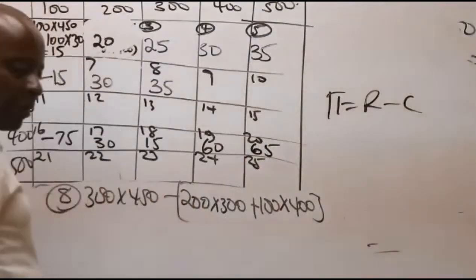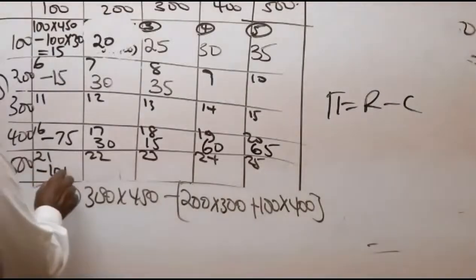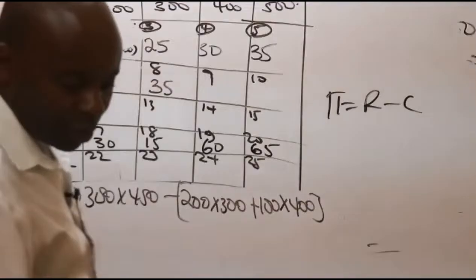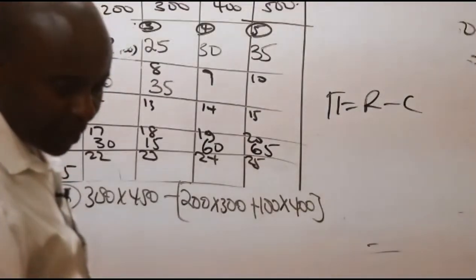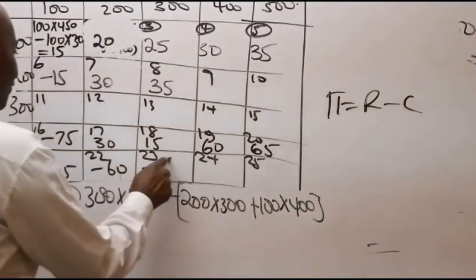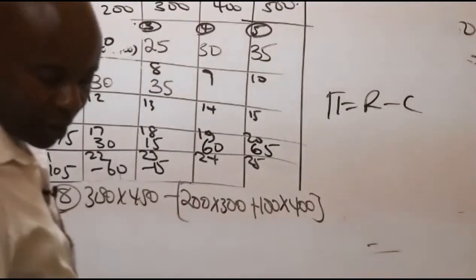Cell number 21, negative 105, cell number 22, negative 60, negative 15, cell 23, and then cell 24,